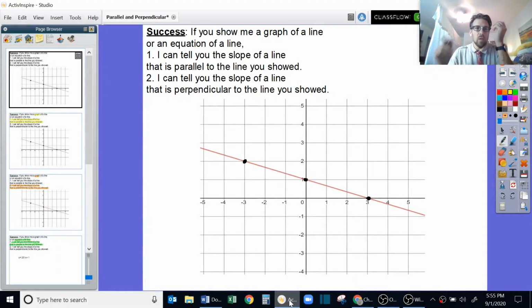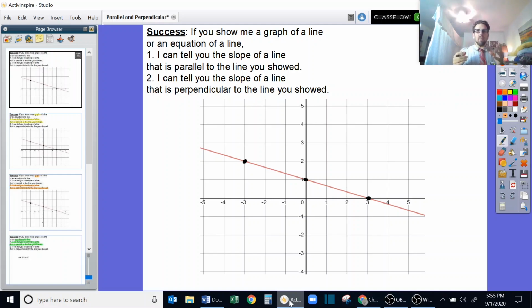Hi, folks. I want to talk to you a little bit about the way that we start with one line and we start thinking about things like parallel lines and perpendicular lines. We now have a bunch of information that can help us to do this. And I think the biggest piece of information that I want to start with is that we just looked at